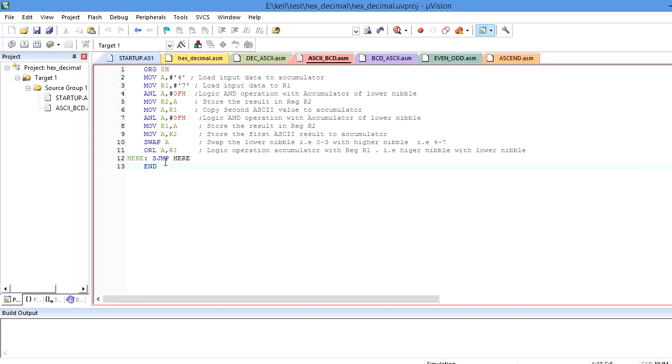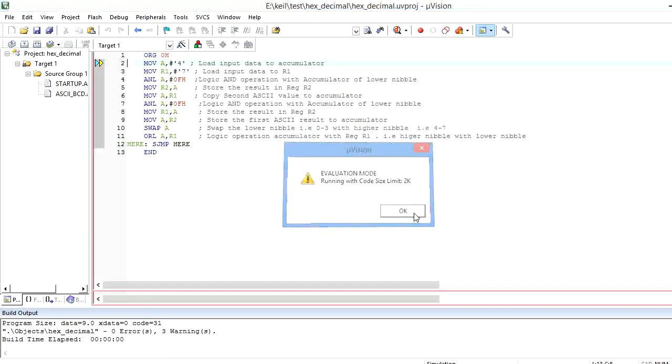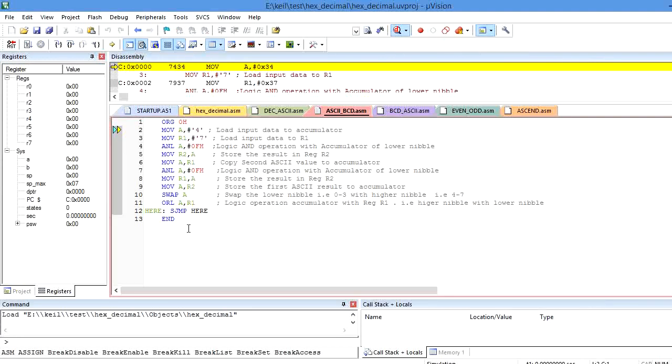Now let us explain step by step in the debug mode. I have already written the program. Let me build the program and switch into the debug mode. So now I have switched into debug mode.